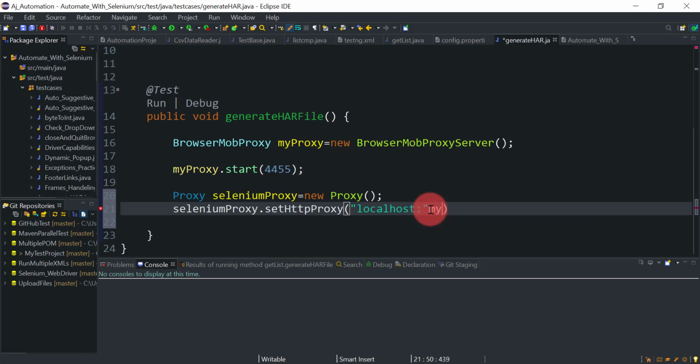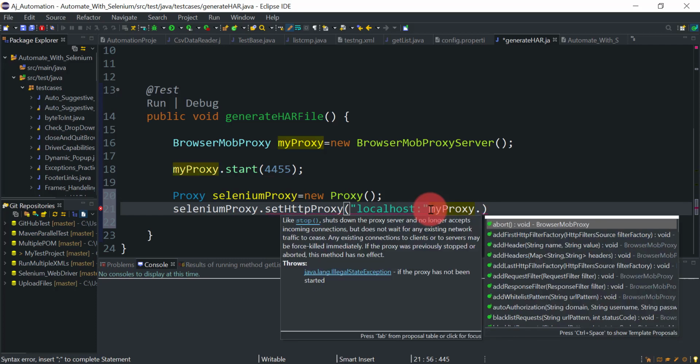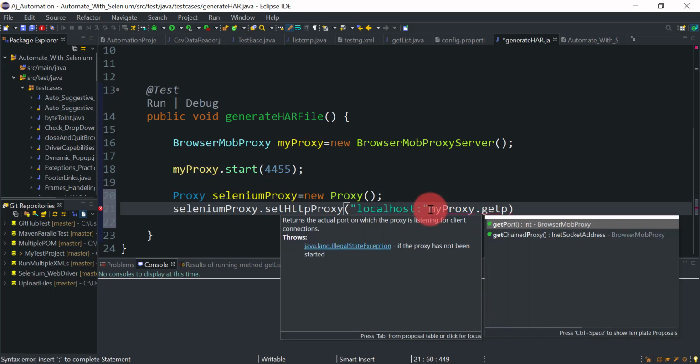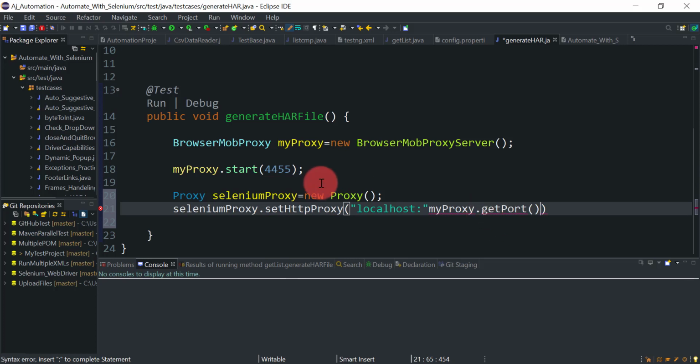I will use myProxy.getPort. The port number can be anything, it can start at any port. Here we specified a specific port, but you can use myProxy.getPort, which will return the port number where the proxy has started. We need to concatenate these two things.